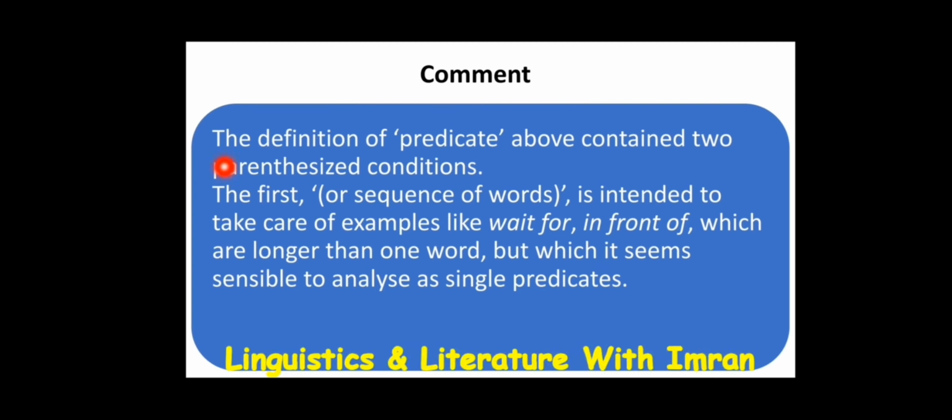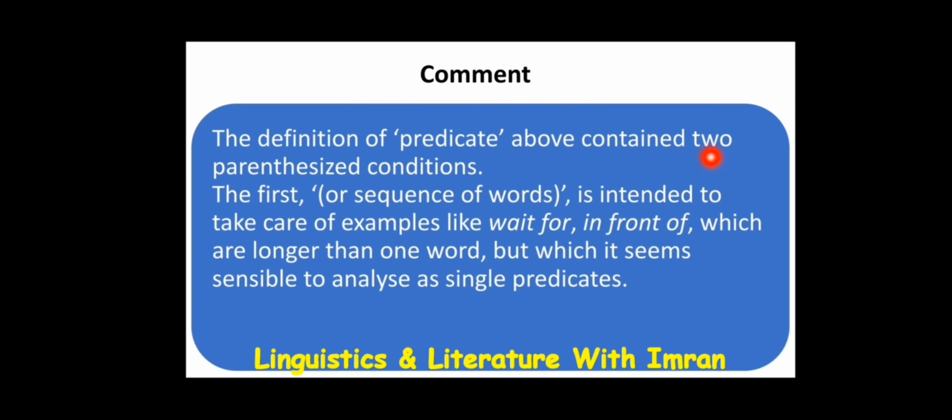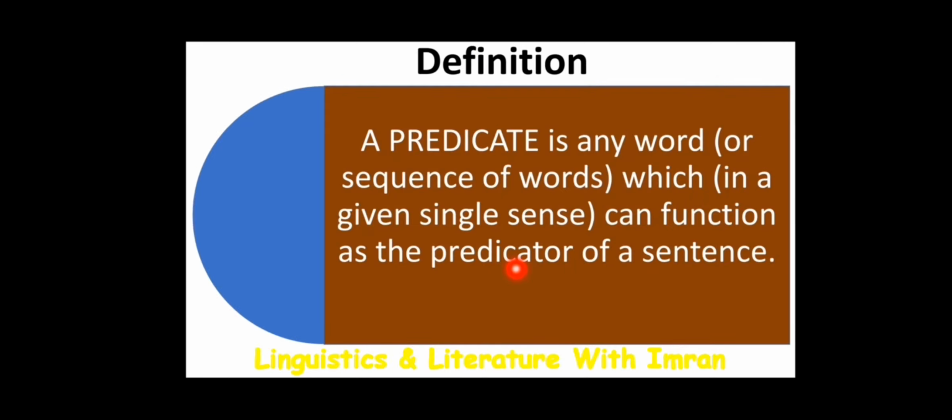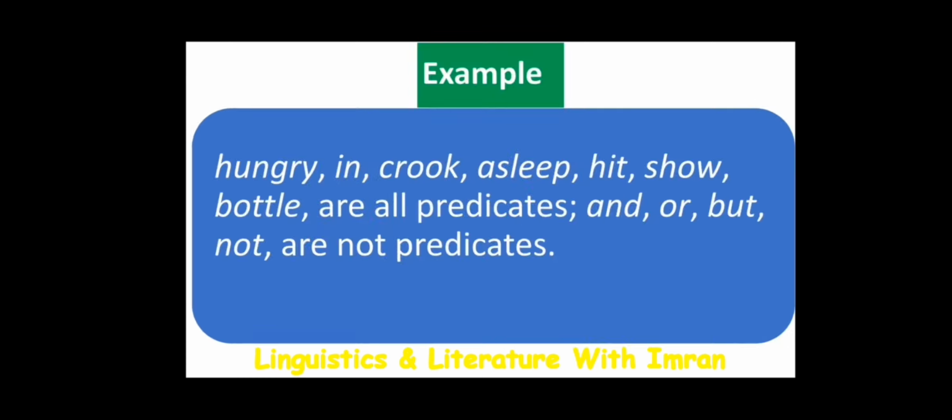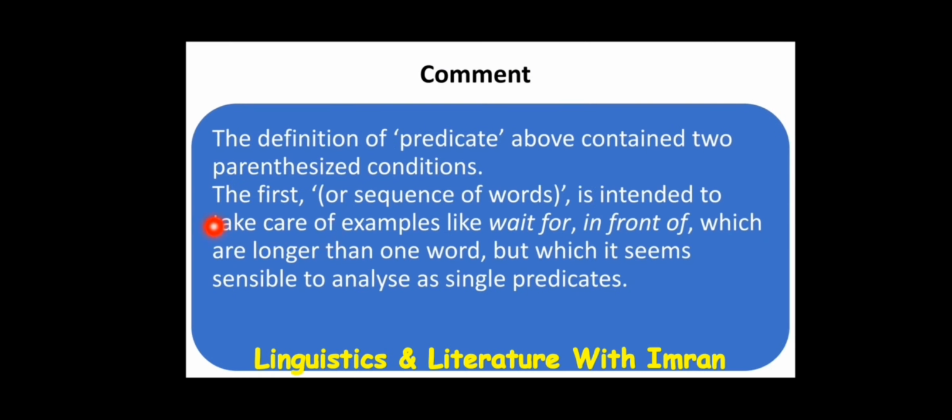Comment. The definition of predicate above contains two parenthesized conditions. So here we define what is a predicate. So it has two parenthesized conditions. So the first, a sequence of words, is intended to take care of examples like wait for. So a predicate might be a single word or a sequence of words, like wait for is a sequence of words, or in front of is also a sequence of words,